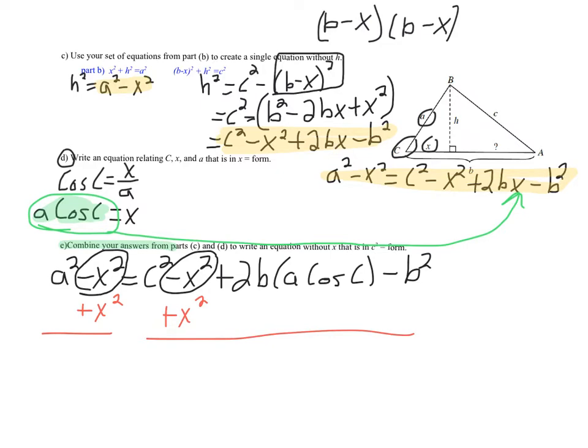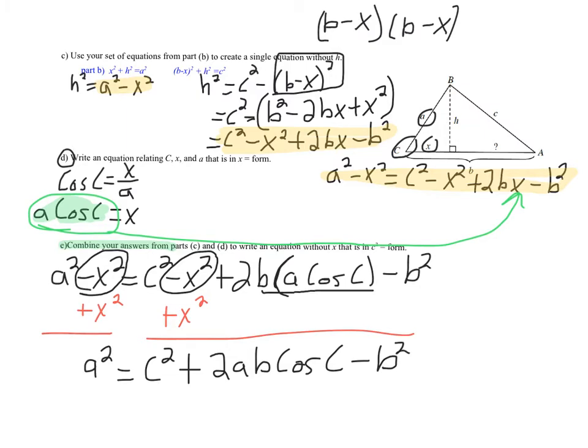That gives me on the left side a squared equaling c squared plus 2 times a times the cosine of C. So I'm going to rewrite that as 2ab cosine angle C